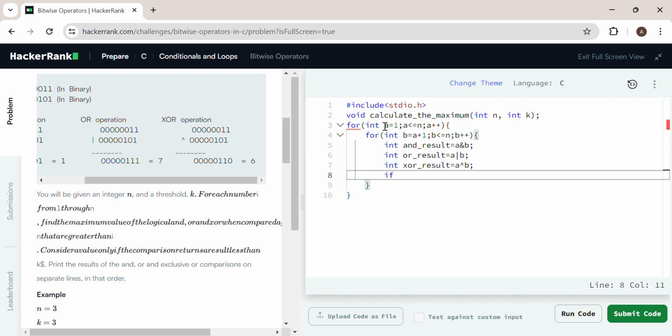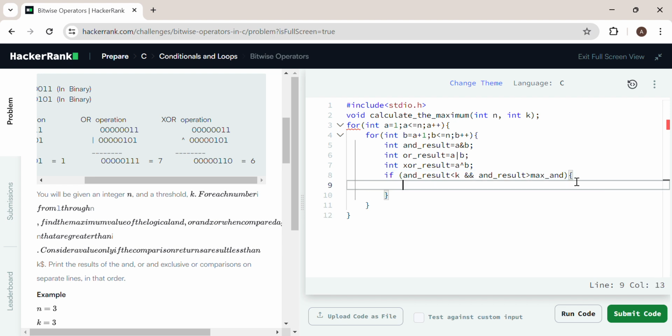Now checking the conditions, if and of result is less than k and and of result is greater than max, and keep a space here, max and